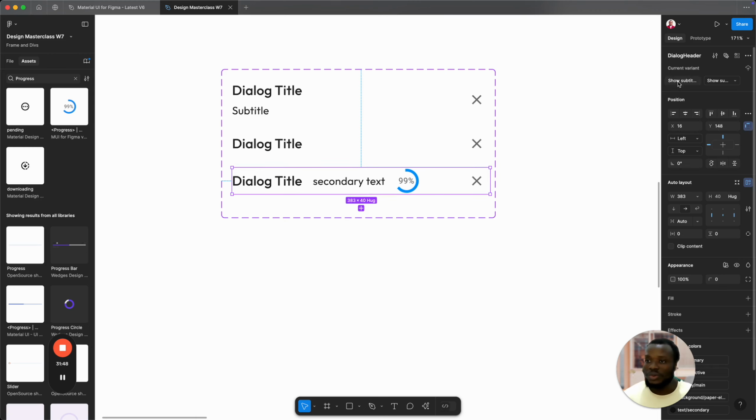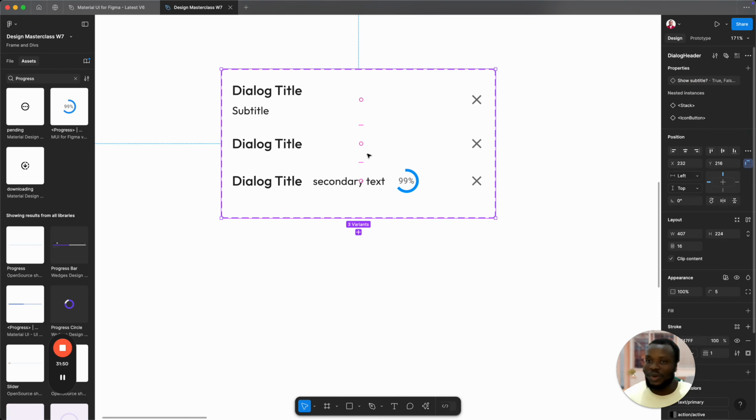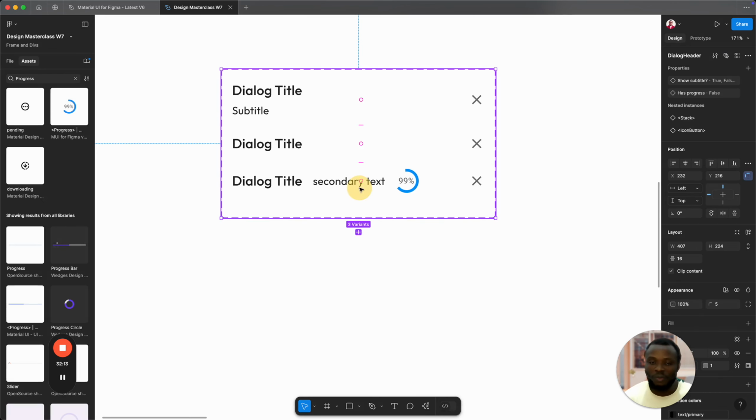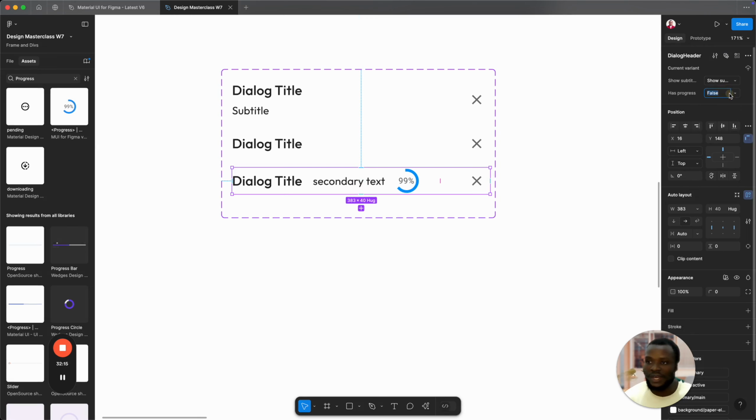So we could say this dialog, we go back to the parent component, we could add a variant that says show has progress, and you say true. You could also write yes. So by default it is false, because most of the other variants is false, doesn't have it, right? So then if you come back to these variants, you can just say true,